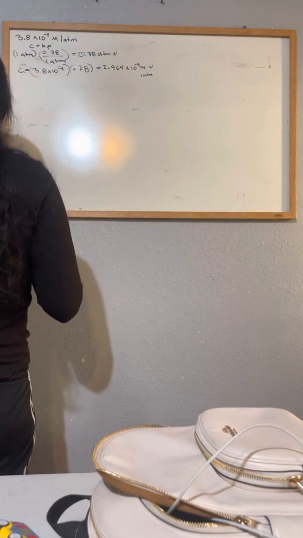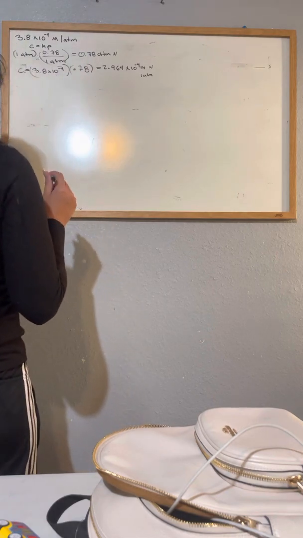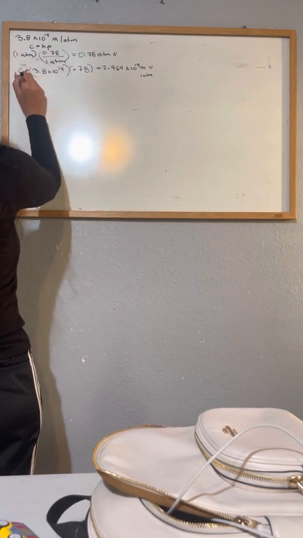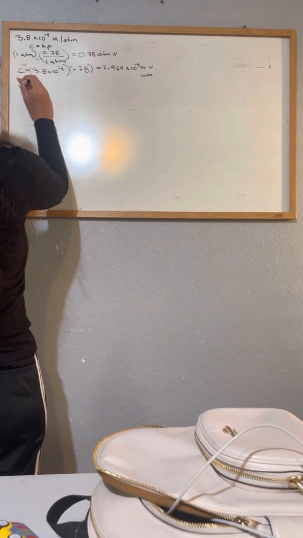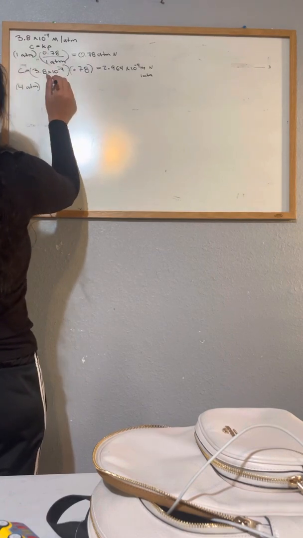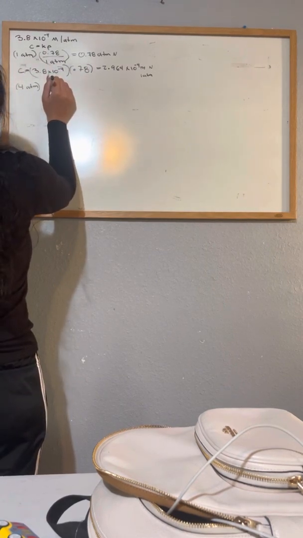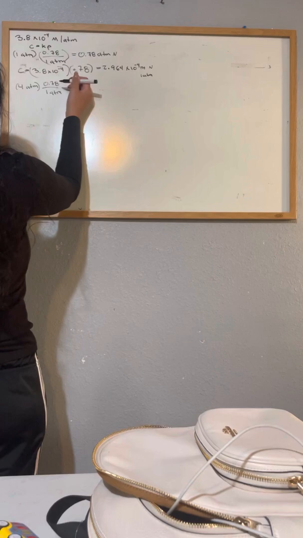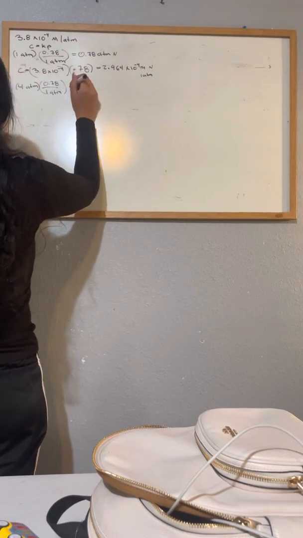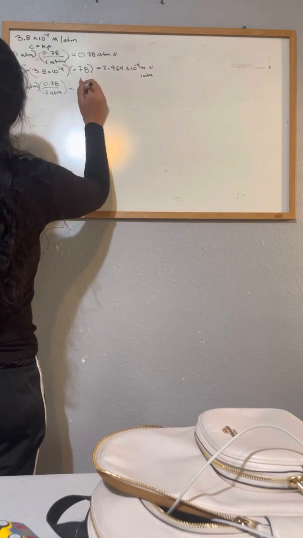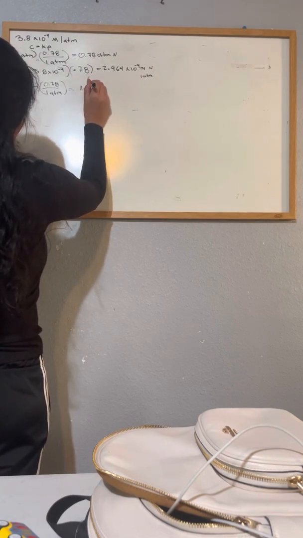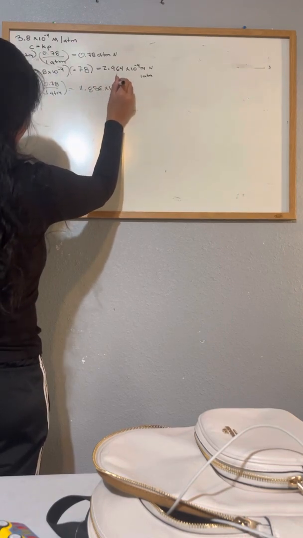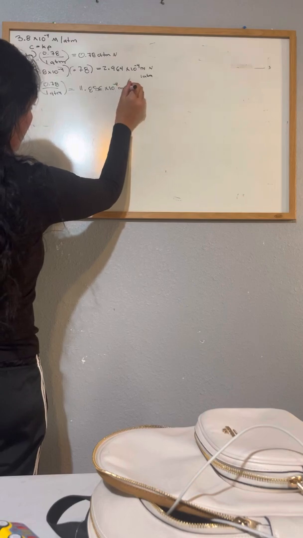Now we need to calculate the molarity of dinitrogen in blood that is in contact with air at 4 atmospheric pressures. We're going to do the same thing, but this time we're going to times it by 4. So 4 atmospheric pressures. We know that for every 1 atmospheric pressure, there is 0.78 of nitrogen. That's going to give us 11.856 times 10 to the negative 4th moles of nitrogen